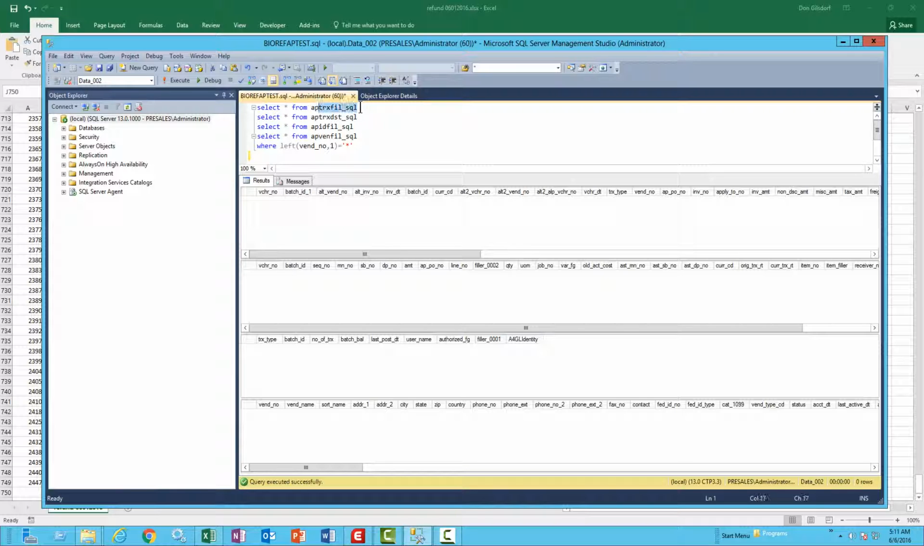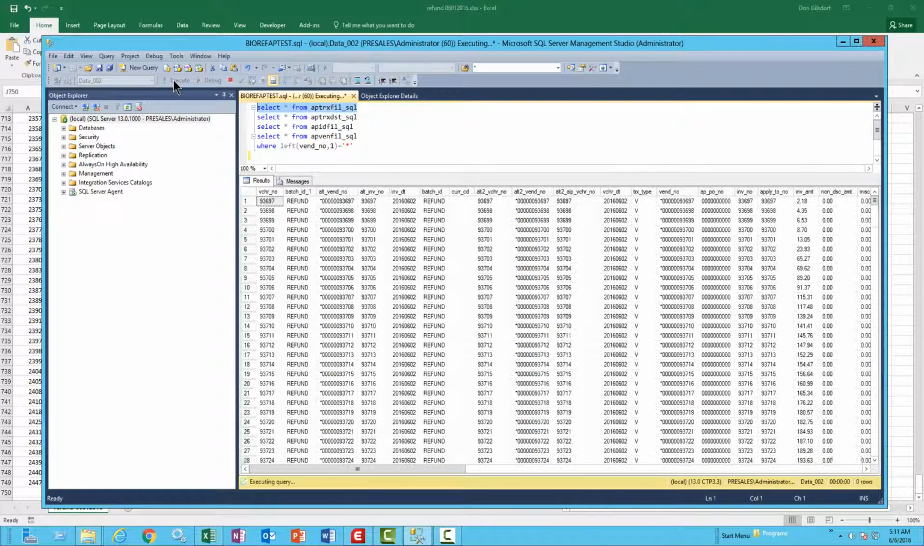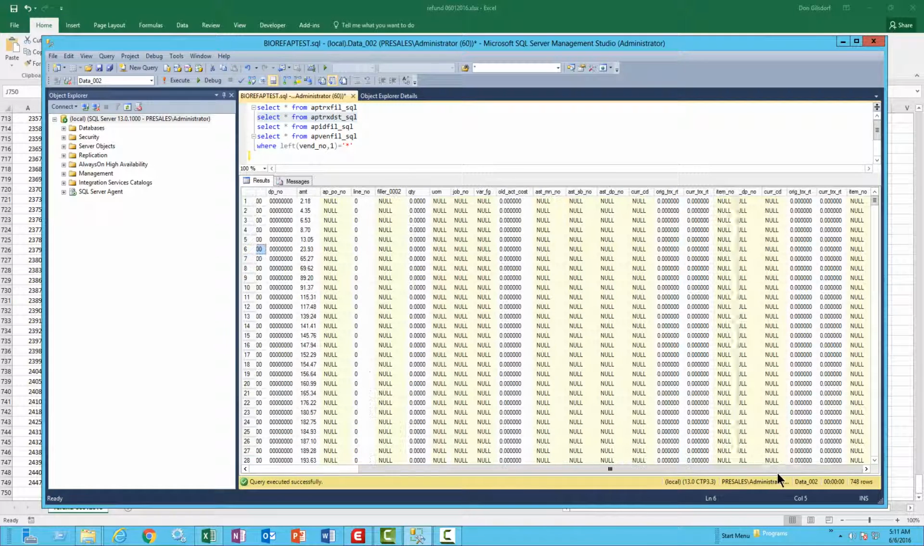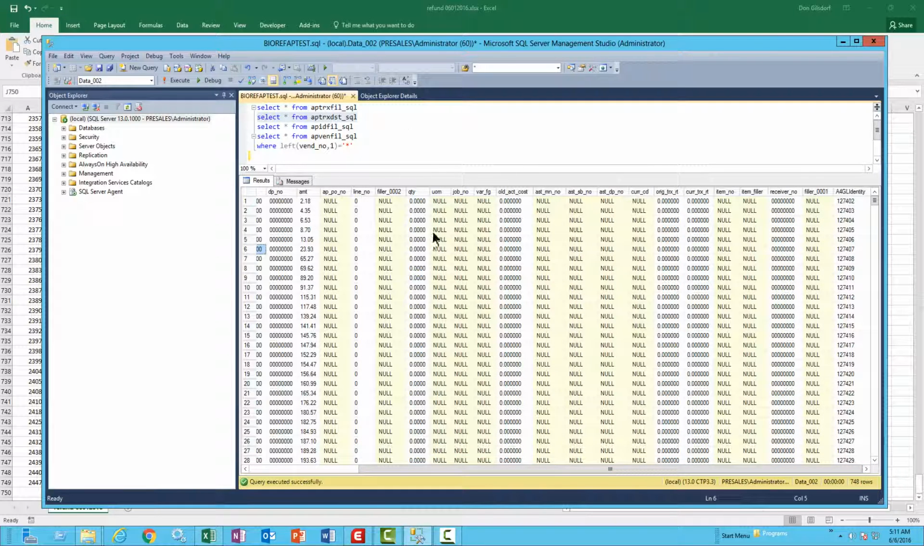So I'm just going to run these one at a time. Should have 748 records, which I do. See, the batch ID is a refund. And I should have 748 records in the distribution to GL, which has got the 2310-999, and the other side of the entry is actually up here in the AP transaction file, if I recall,